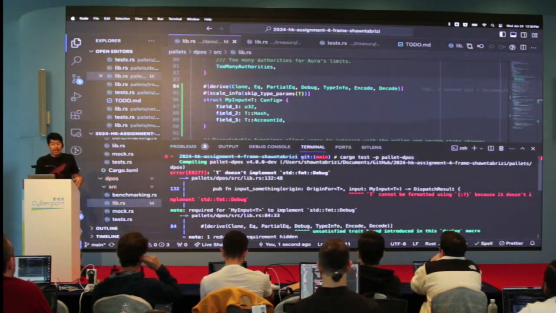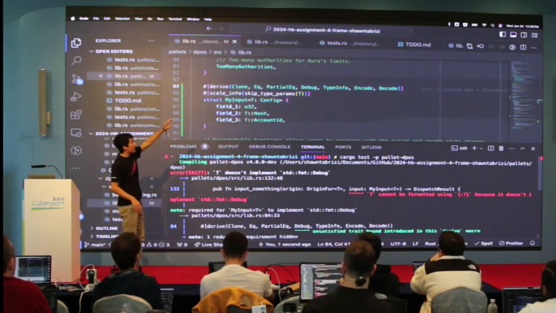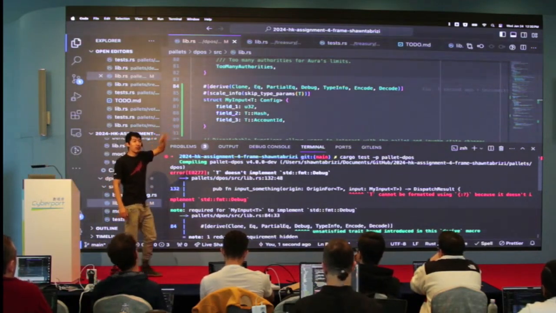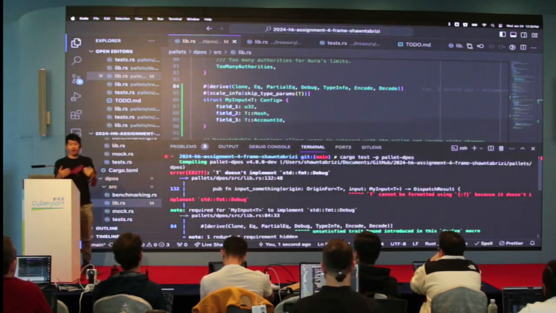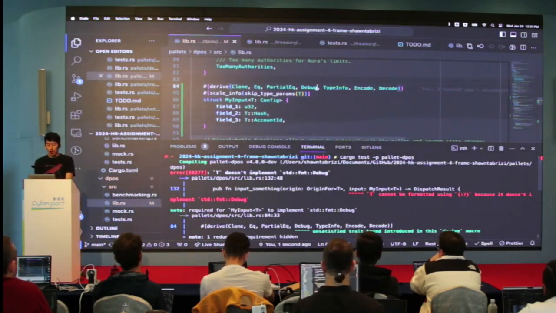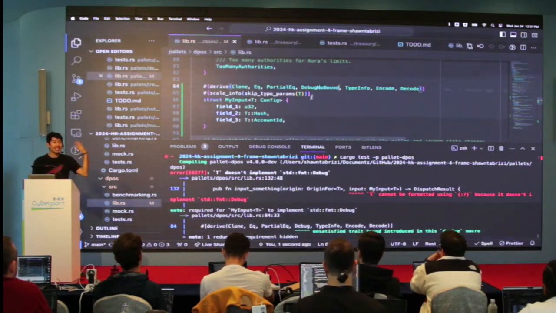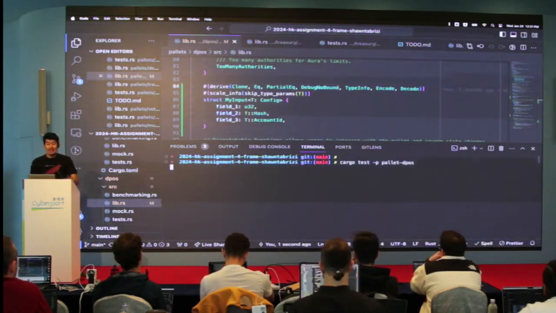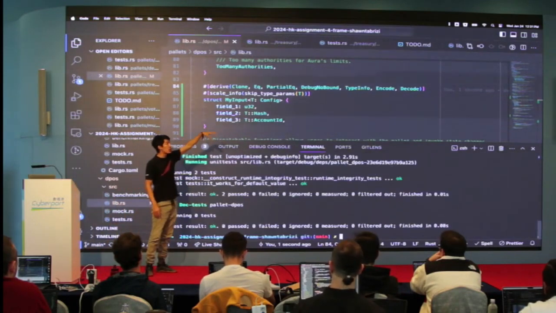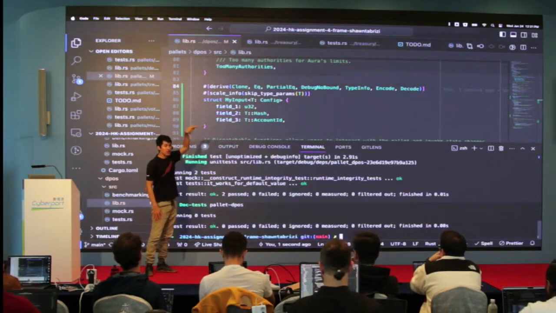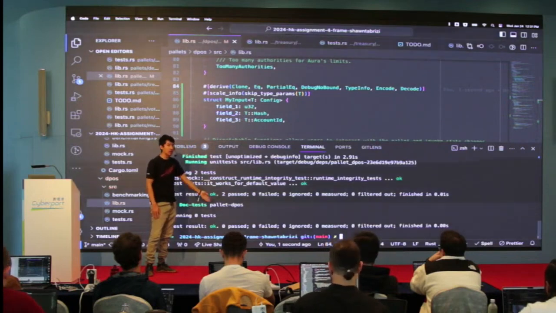Debug is a normal derive macro provided by Rust. That's way up high. I believe in Substrate, we provide this debug no bound, which is the same thing. It's telling it to skip this trait bound, right? So it's our own version of debug, which skips this, and then you get the solution again. So this is one way.